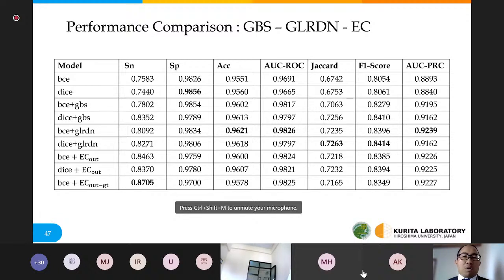So from the three proposed regularizers, GLRDN has higher results in terms of ROC and precision recall curve than the other regularizers. And graph-based smoothing and Euler characteristic have comparable results of ROC and precision recall curve.